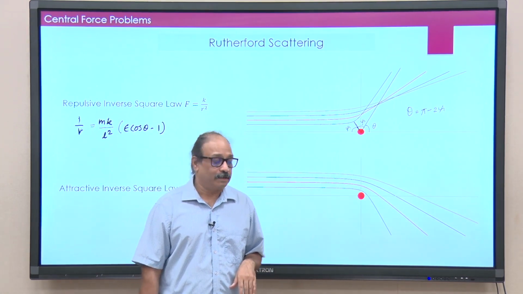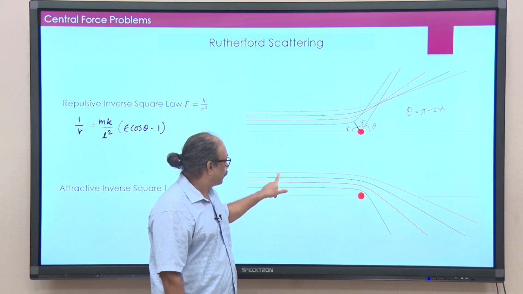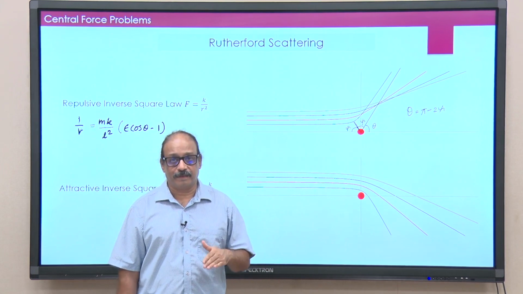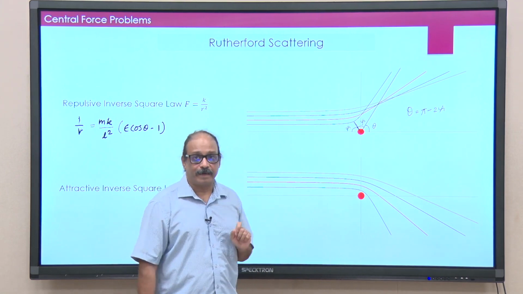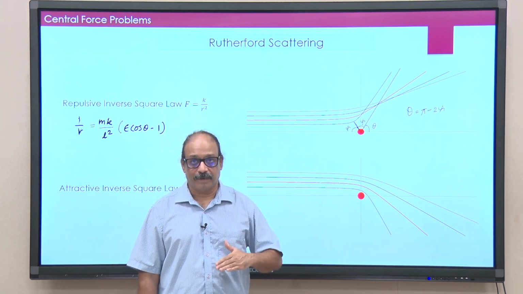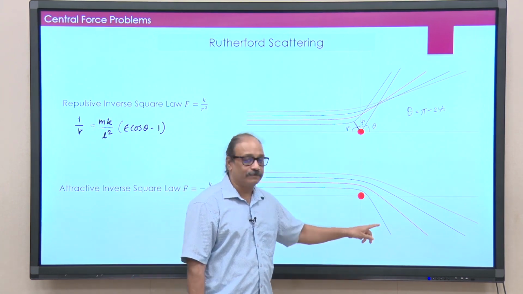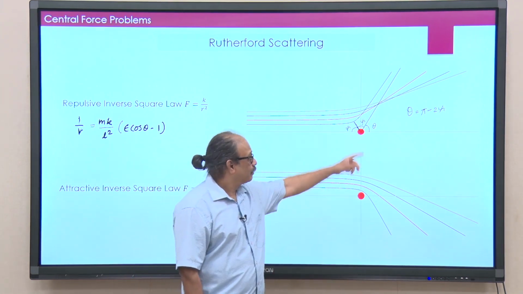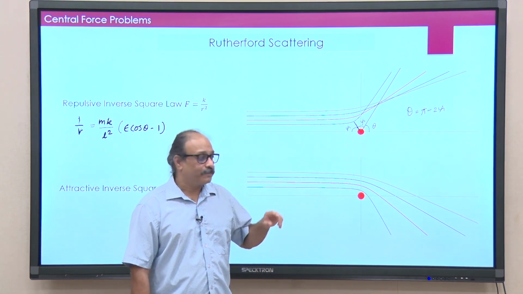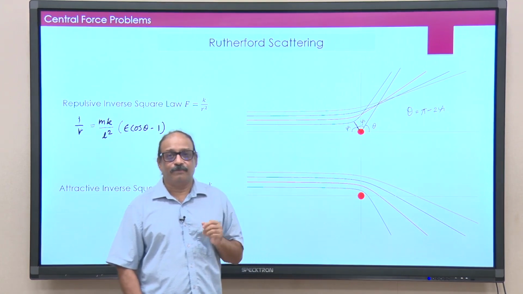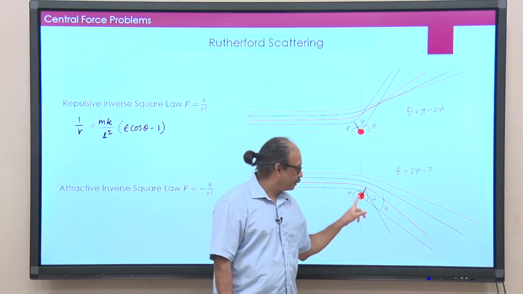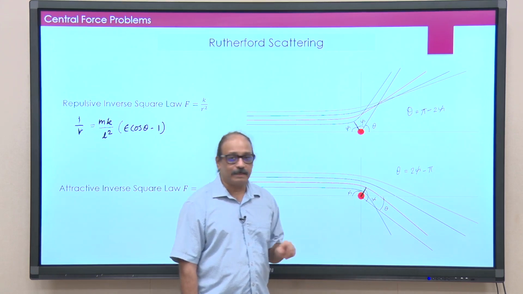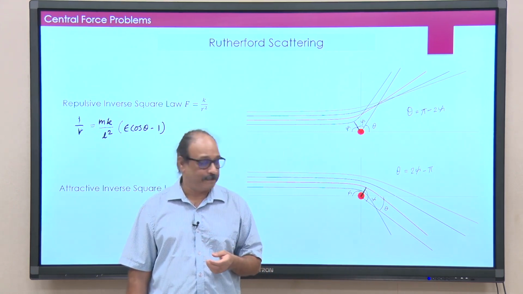If I look at this green trajectory, which has a large impact parameter, then of course it gets deflected less than the particle which comes in with the smaller impact parameter, which gets deflected more, which is consistent with what we had done here too. The only difference between this situation and this situation is the way we calculate the angles. Now, look at this red trajectory: look at the asymptote, draw a parallel line to the asymptote, and that is your angle of deflection or scattering angle.